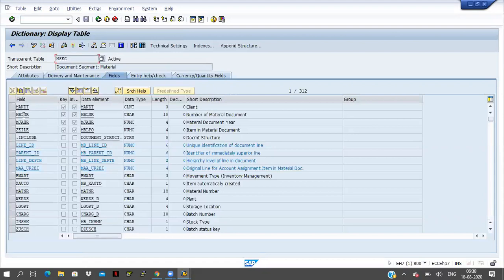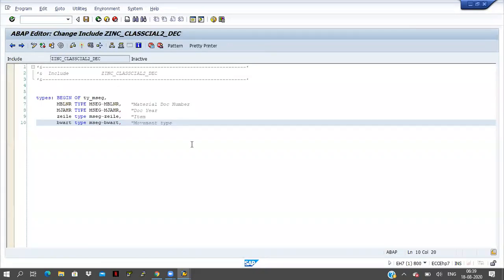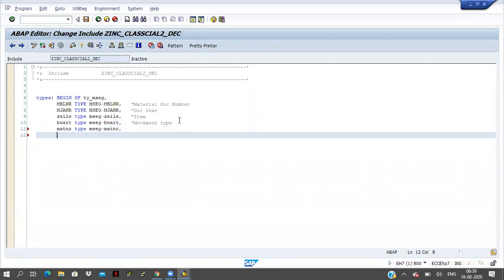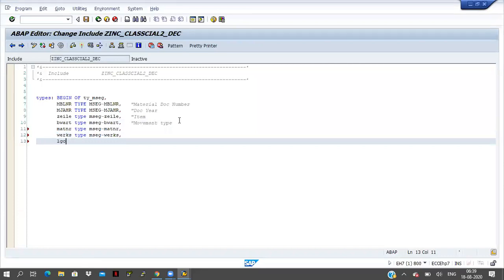So I am taking three fields, and BWART movement type, and MATNR, WERKS. MSEG hyphen MATNR and WERKS, type MSEG hyphen WERKS, and LGORT, type MSEG hyphen LGORT. Okay, and I'm closing this one.